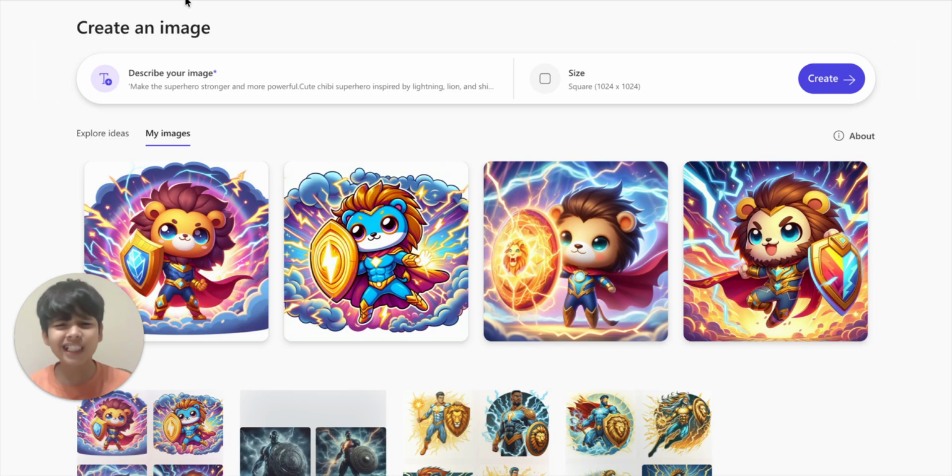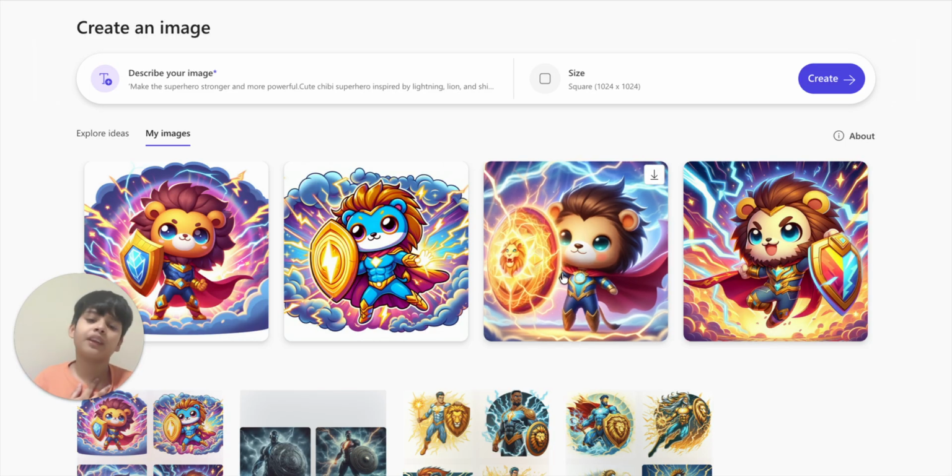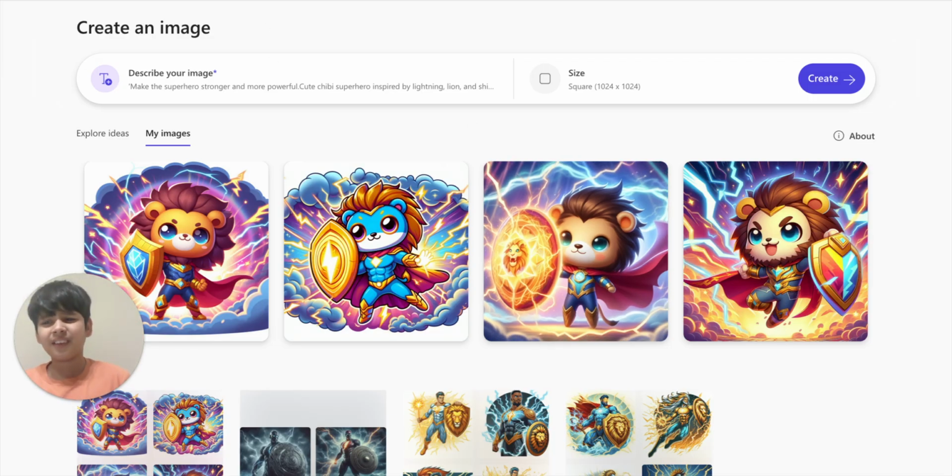So that was day 2. And honestly, I think our superhero came out much better than I expected. Look at this picture. I like the third one a lot, because look, the little shield blocking him. That looks so cool. So tomorrow is day 3, where we create a Pokemon like Pikachu and Charizard using another